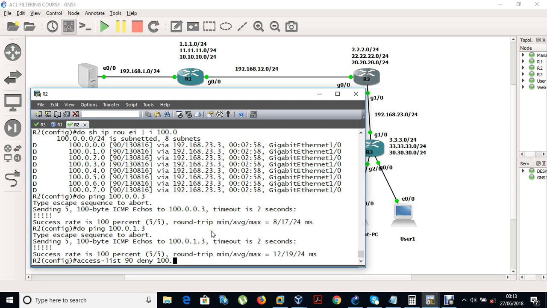So how do we filter them out? We want to see network 0, network 2, network 4, and network 6 in the routing table, but we do not want to see network 1, network 3, network 5, or network 7, any odd number. So the way we configure is: